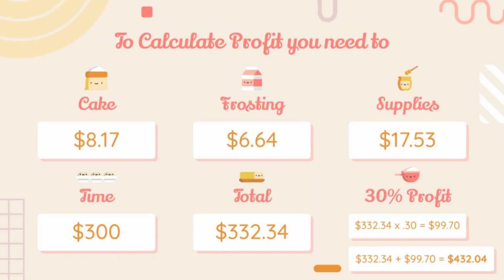For us to calculate 30% profit, we need to consider the cost of our cake, which was $8.17, $6.64 in frosting, $17.53 for our supplies, and $300 of labor, which came out to be a total of $332.34. Now to calculate the profit, we take that $332 times 0.30, which gives us $99.70. Then we add that $99.70 back into our cost, which was $332.34, which gives us a total of